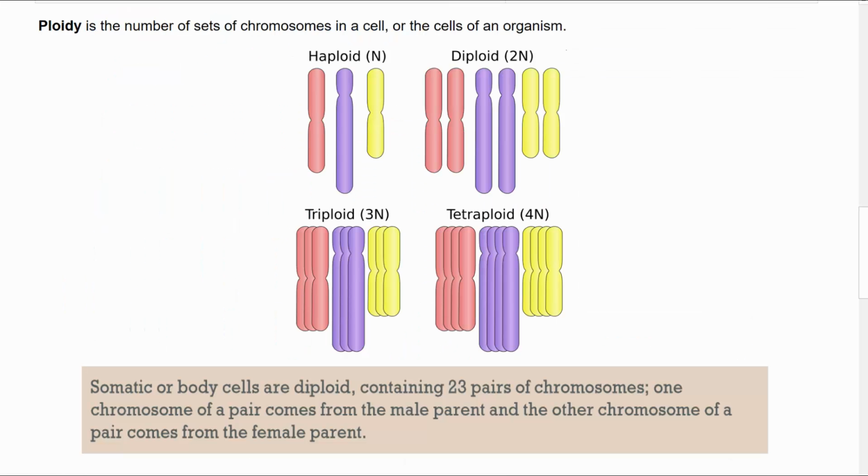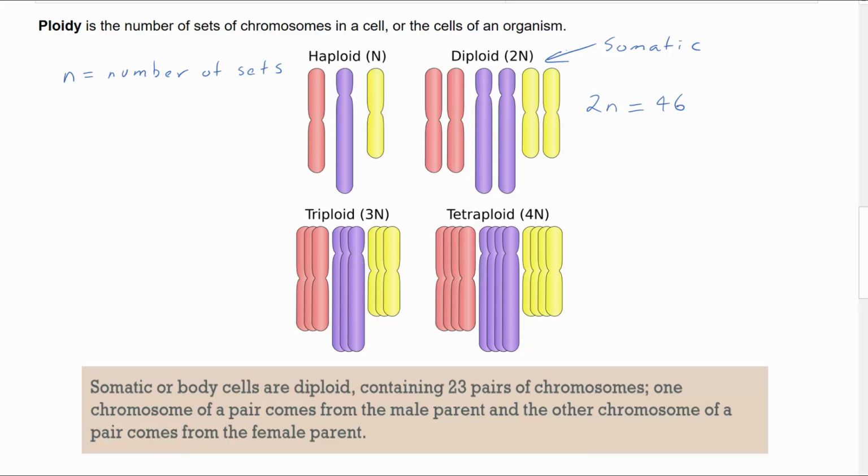Ploidy is the number of sets of chromosomes in a cell or the cells of an organism. And when you're referring to ploidy, you use N to represent the number of sets of chromosomes. So in the example I gave you previously of the somatic cells in our body, you actually have 2 sets of chromosomes, one inherited from each parent. So this is represented as 2N, N being the number of sets of chromosomes, which in our case is